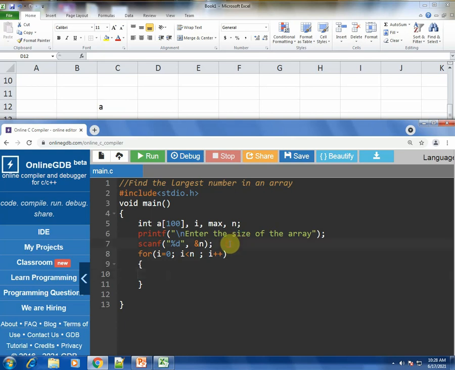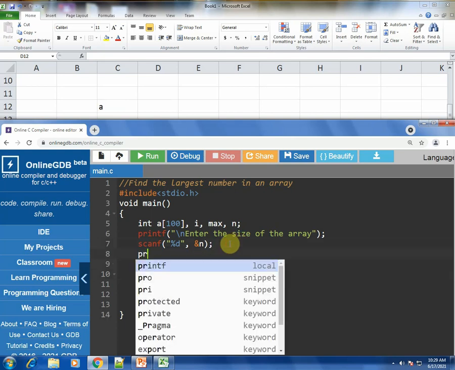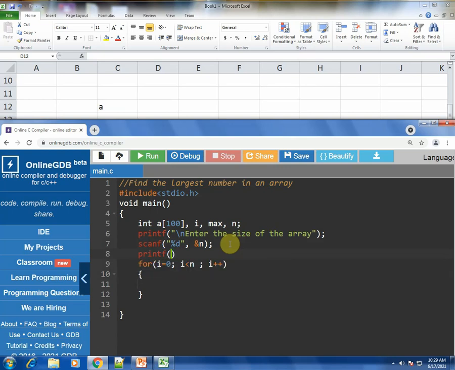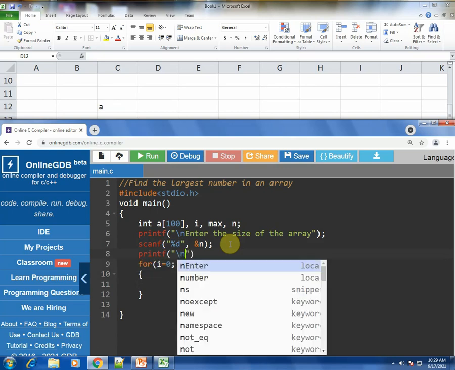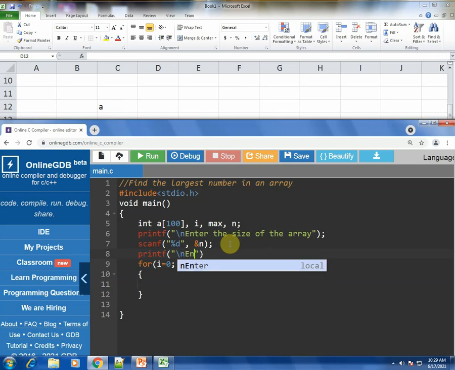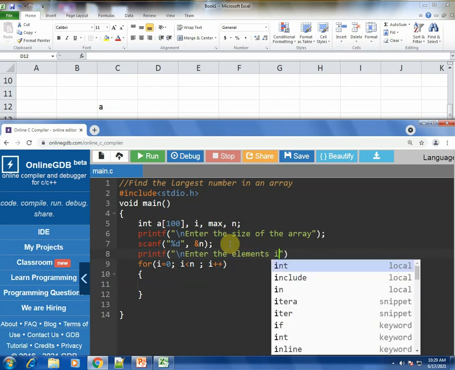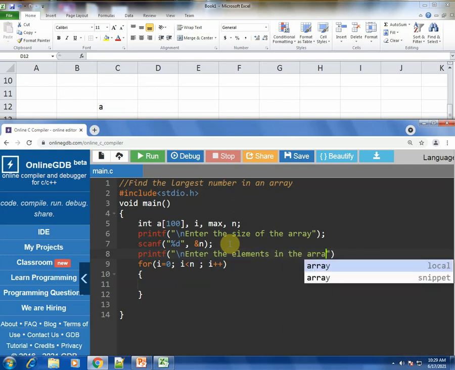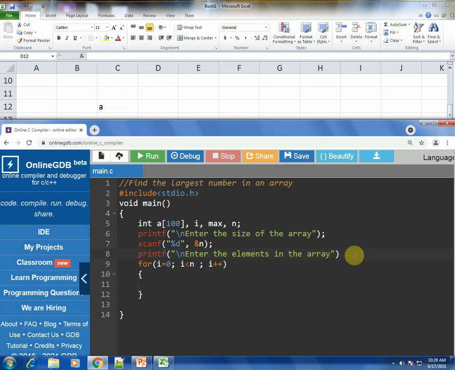Before this, let us write one printf statement so that the user knows that he or she has to enter the elements in the array. So let's say, enter the elements in the array. Now how do we take input in this array?